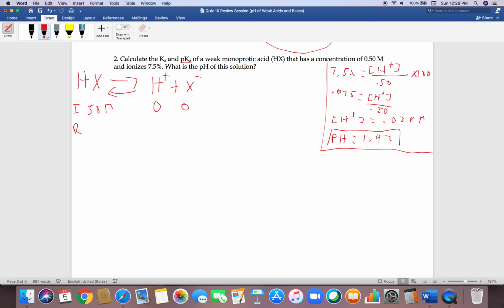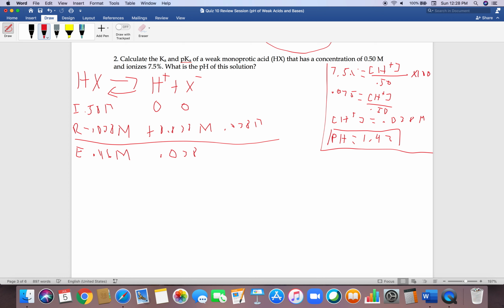I'm reacting this amount of hydrogen ions, so I'll lose it on my reactant side, but I will gain it on my product side. So at equilibrium, I have 0.46 molar of reactant and